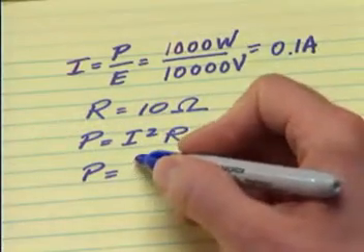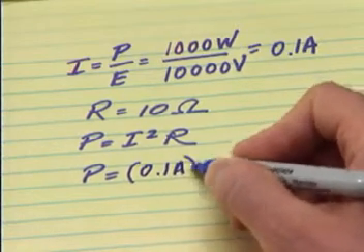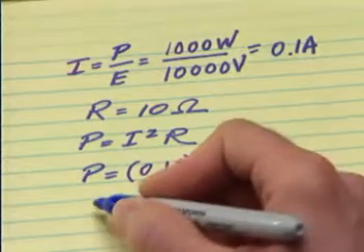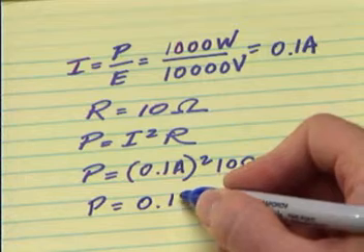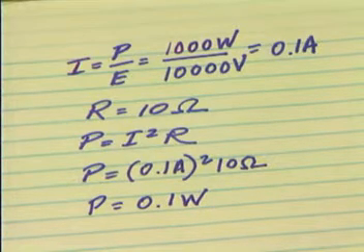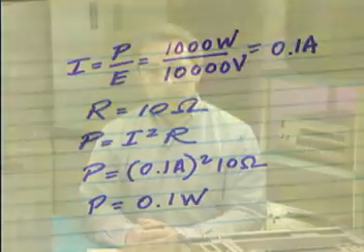Using the same 10 ohms of resistance, the power now lost in the line is P equals 10 times 0.1 squared, which is 10 times 0.01, or a tenth of a watt lost by using AC. Now the source need only supply 1,000.1 watts to transmit 1,000 watts to its destination. From this example, you can see the enormous amount of energy saved by using AC to transmit electrical power rather